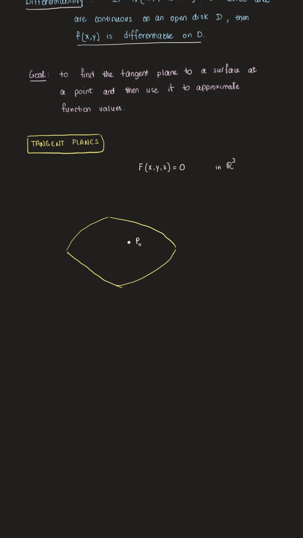And so the first thing that we're going to do, so our surface here is f of x y z equals 0. It's just written implicitly, but it's still a function of two variables. Okay, first we're going to actually just think about a curve that's on our surface that passes through P. Let's call that curve C. And let's suppose that curve C is on the surface